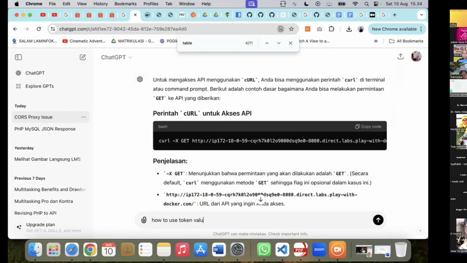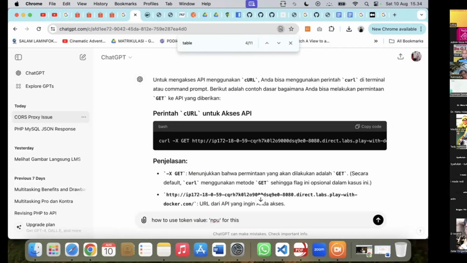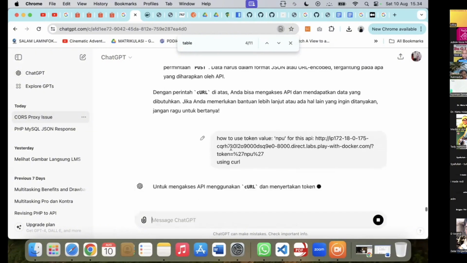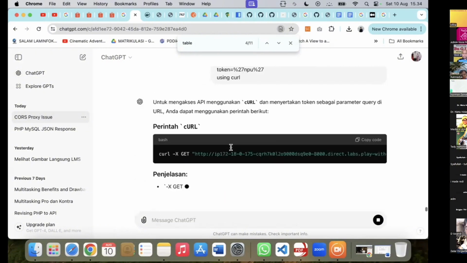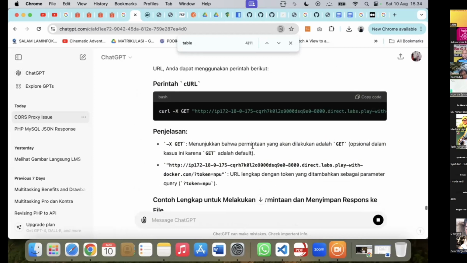Now, how to use CURL with a token value, NPU, for this API.